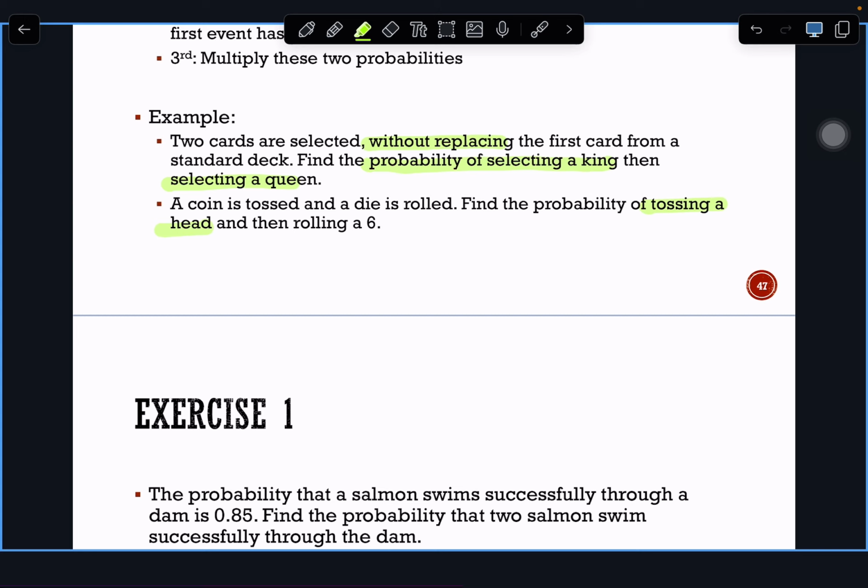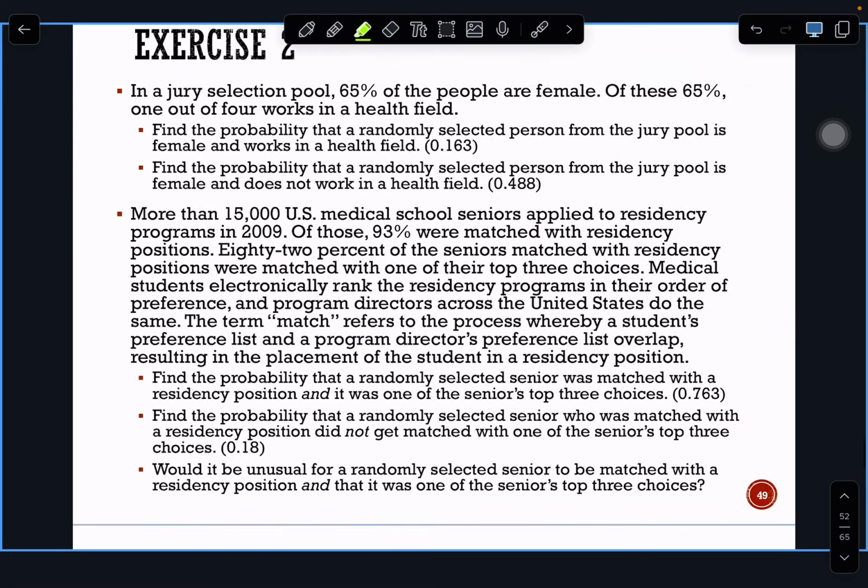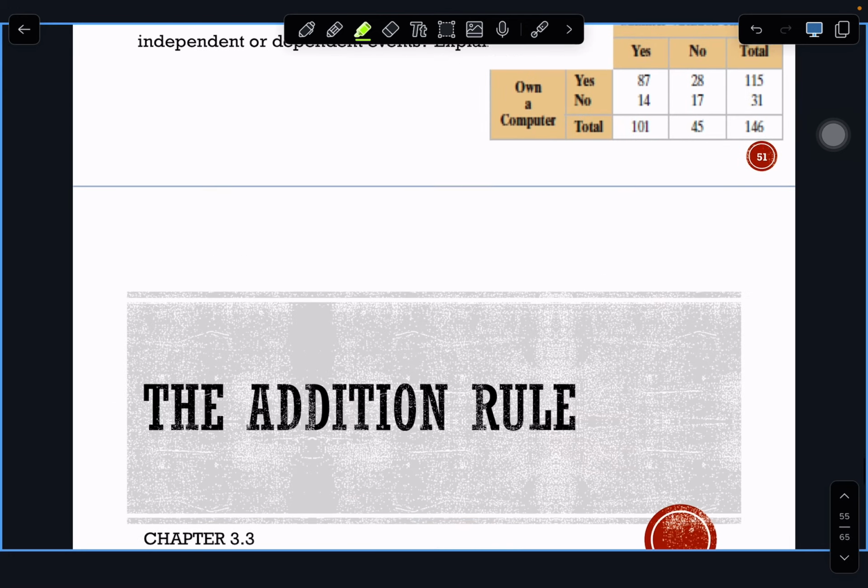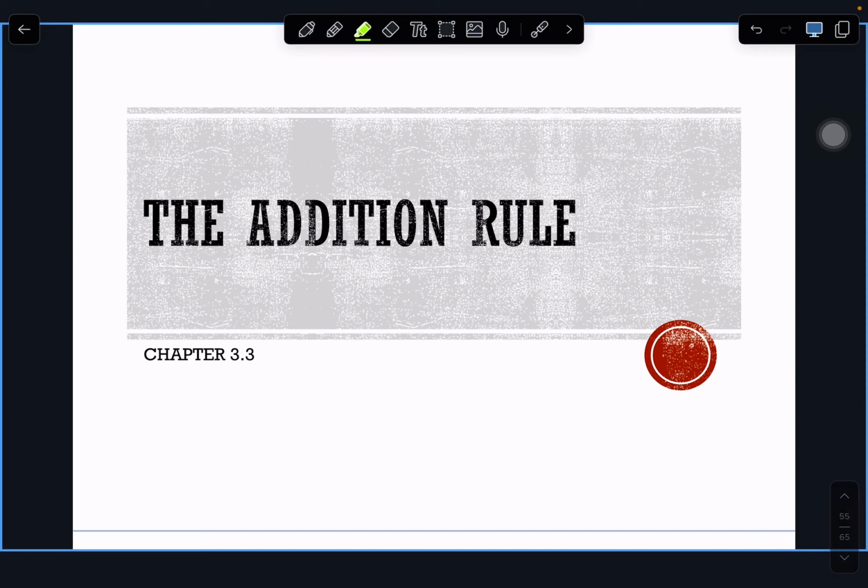Answer? 1 over 12. Got it? Okay, now exercise 1, exercise 2, exercise 3, exercise 4, done. Additional rule will